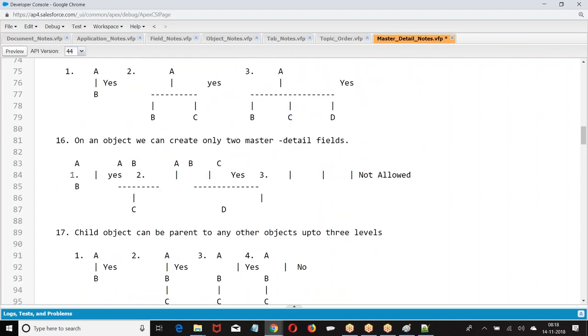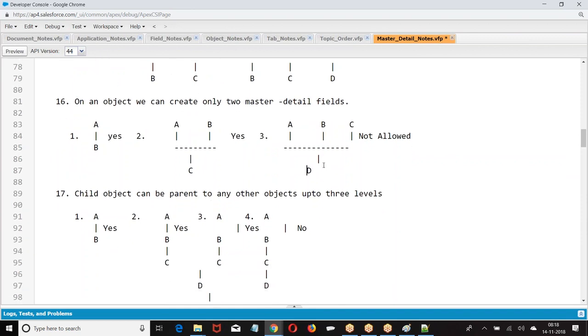Right, this is the structure what we have given. This is the basic structure, boss.